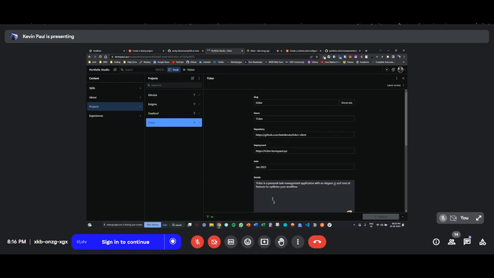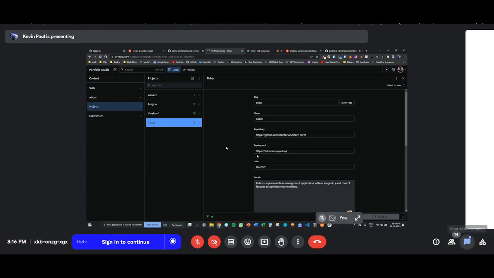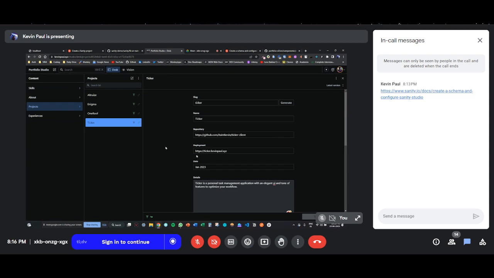This really simplifies your process of storing data which is constantly being updated. Suppose you have a blog and you want to keep adding new blogs, instead of having to go and create a new card for it or open the code again and put all the data over there, if you use a content management system like Sanity, I can just go here and create a new